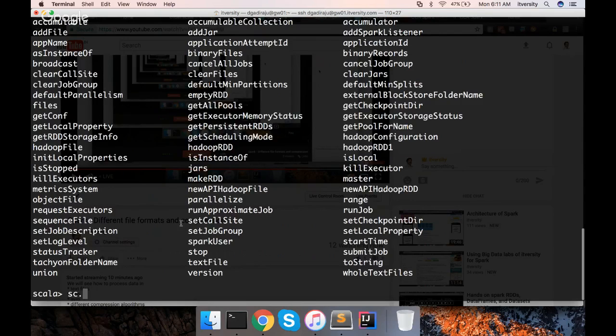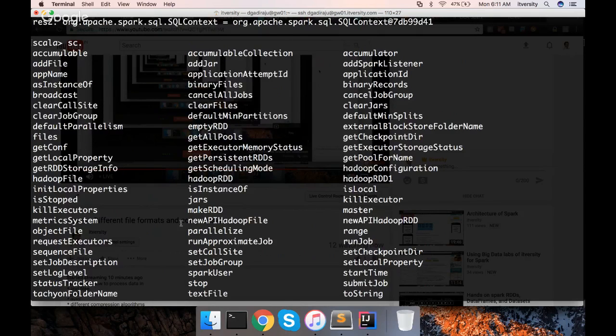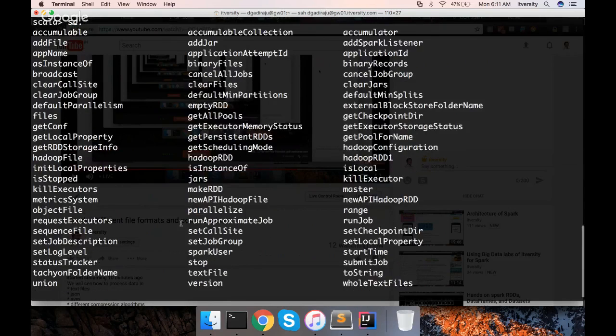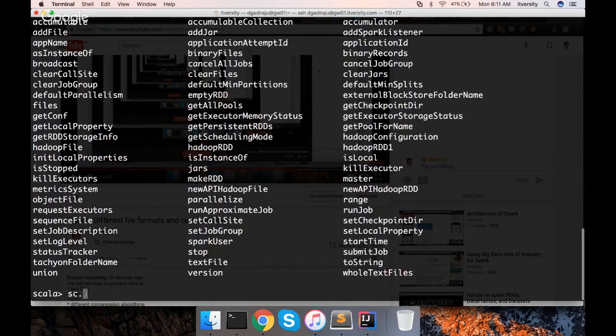And one of a few of the important things to read the files from the file system is provided under this Spark context, and SC is of type Spark context. And if you see, there is an object file, there is a sequence file, and there is text file. These three are the out-of-the-box APIs to read different file formats using Spark context.